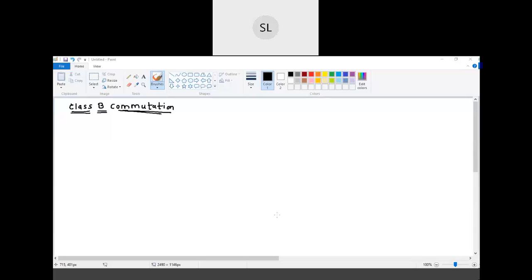Now see here, if you go through the waveforms of these commutation techniques, you may find it difficult while looking at those waveforms directly. But if you understand the operation of that circuit, it is not that difficult. So you try to understand the operation so that it will be easier for you to draw those waveforms, right? So first of all, let me draw the basic circuitry of this class B commutation.